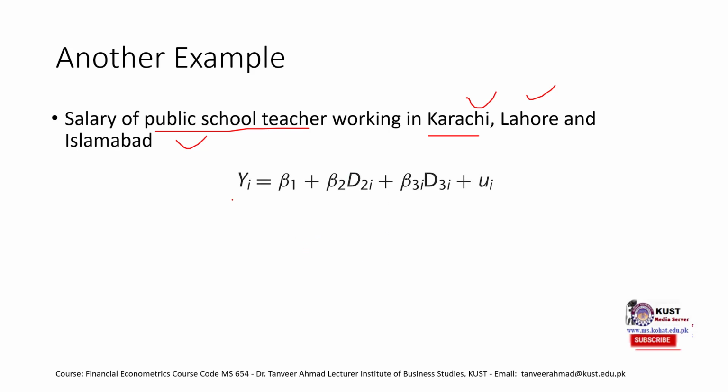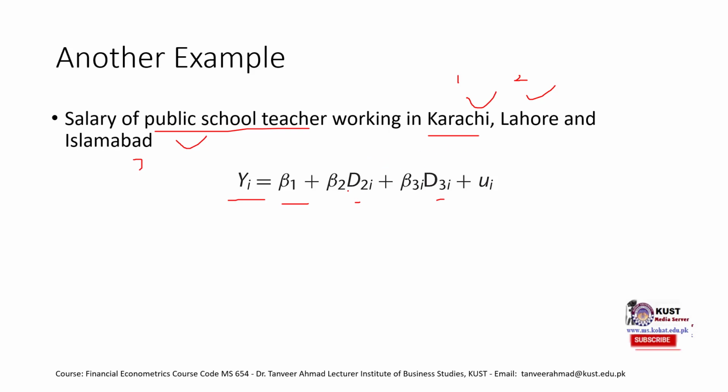So this would be our model. We would have the income as a dependent variable. We would have our constant term. Then we have two dummy variables, and remember, because we have three categories, Karachi, Lahore and Islamabad, the city variable has three categories, so we would form two dummy variables. You can call them dummy 2, dummy 3 or dummy 1, dummy 2. It doesn't matter, it is just the name that we have given to our dummy variables for the cities.